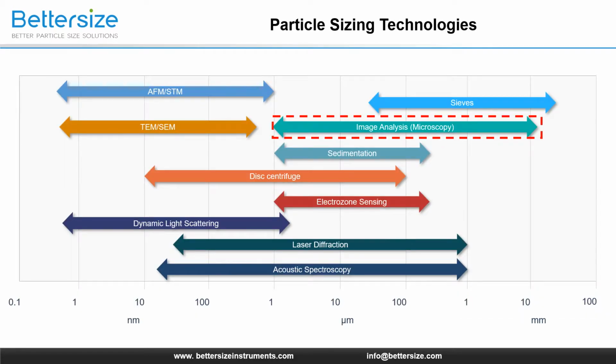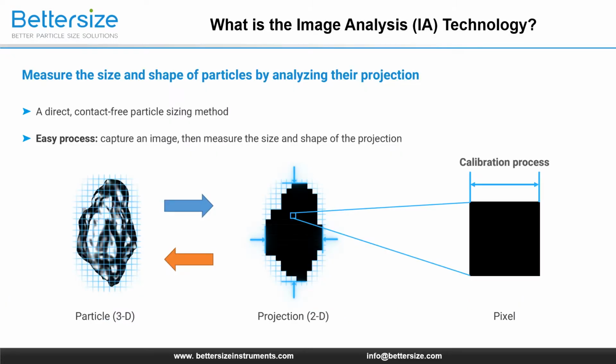Among these particle sizing technologies, the image analysis method of particle sizing, or microscopy analysis technology, can measure the size of a wide range of particles, from a few microns to several millimeters. The term image analysis is describing a mechanism. The image analyzer will capture an image of a 3D particle first, then do the analysis based on the 2D